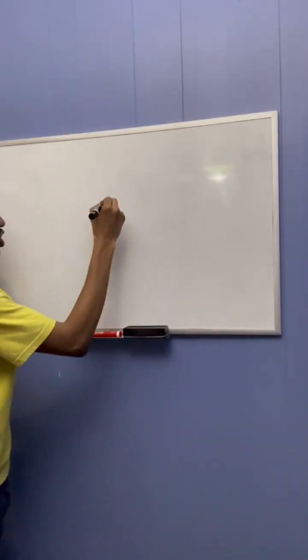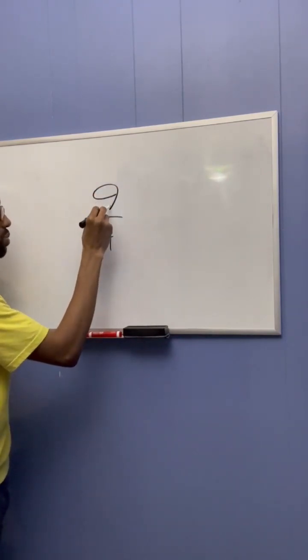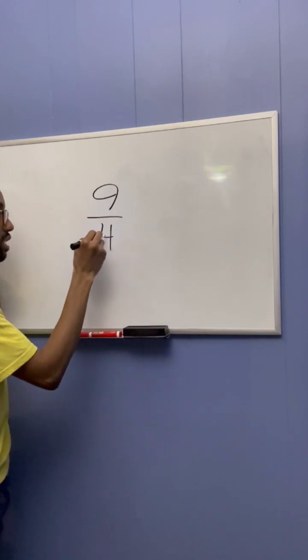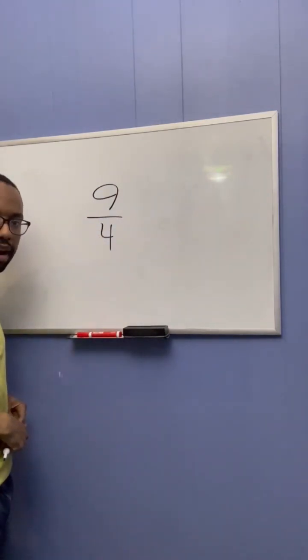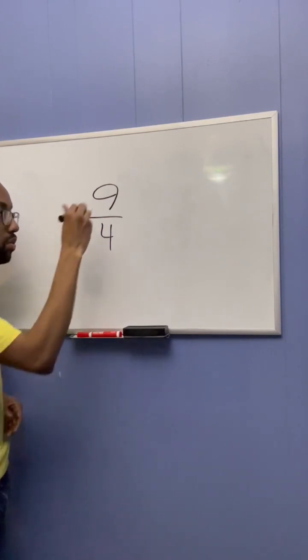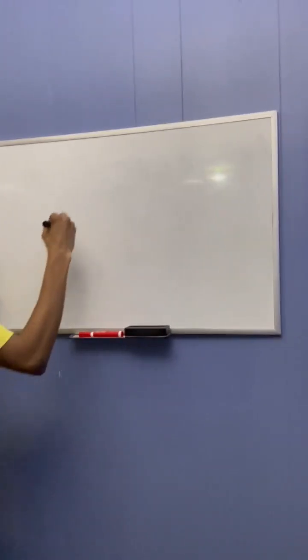Here is another fraction, 9/4. Notice that the numerator is greater than the denominator. This is known as an improper fraction. An improper fraction has a numerator which is greater than the denominator. So here is another example,